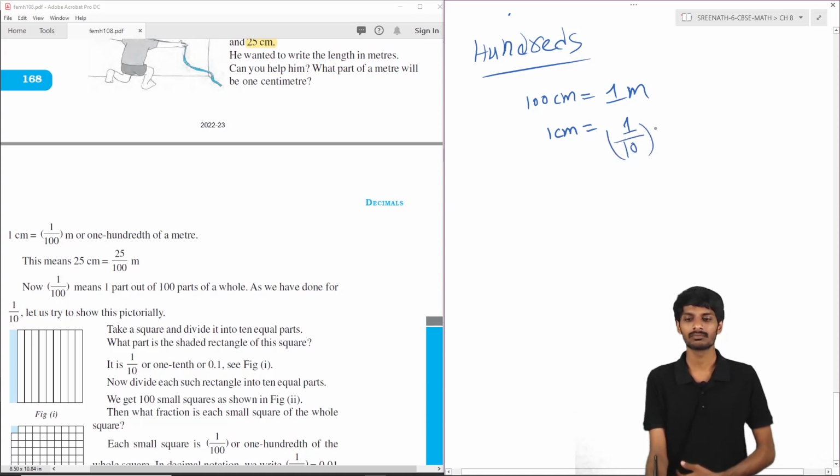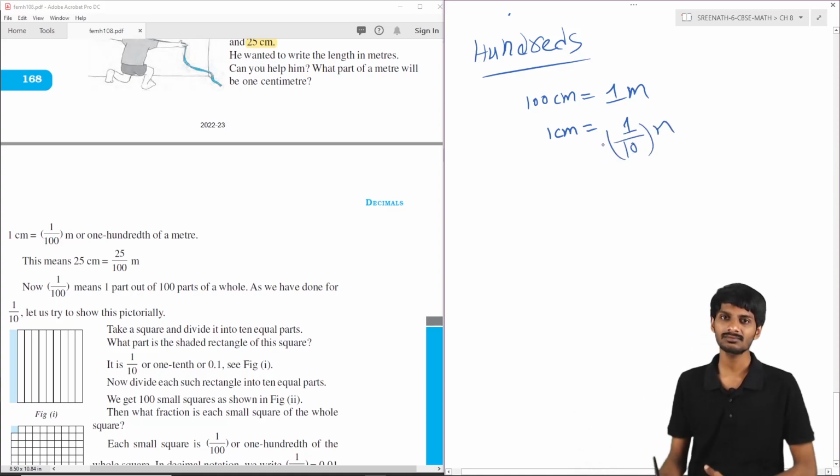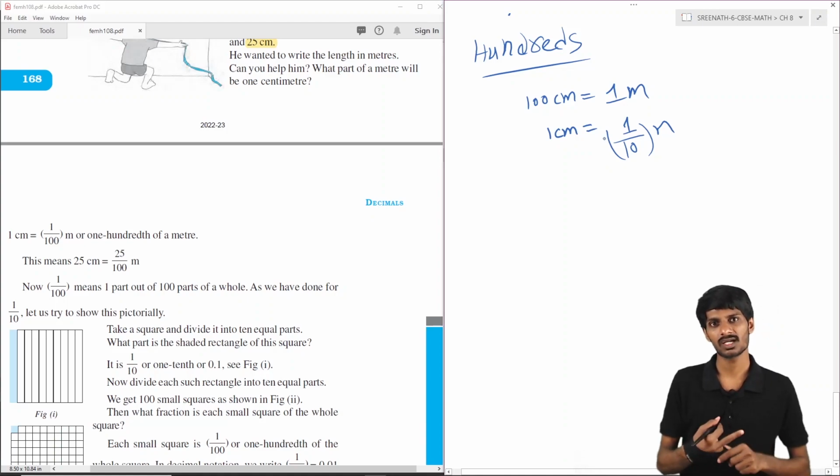1 by 10th meters. That is the thing, students. Okay,